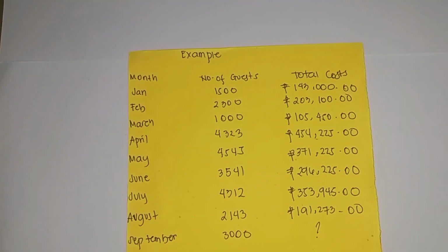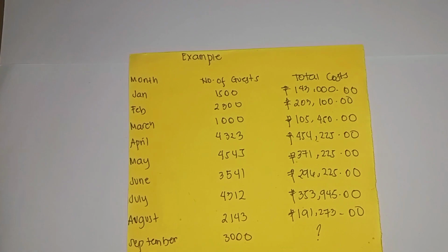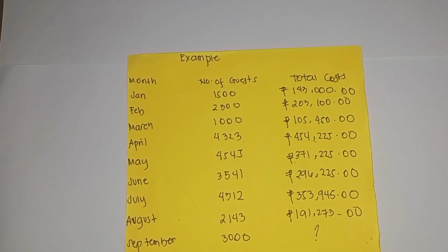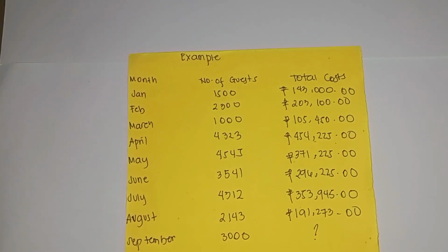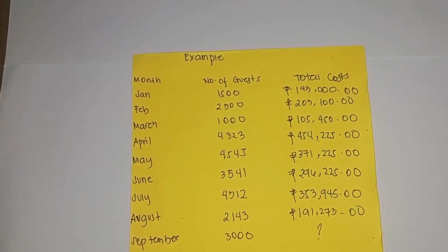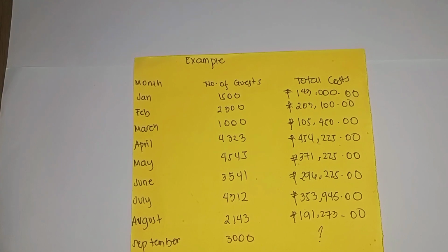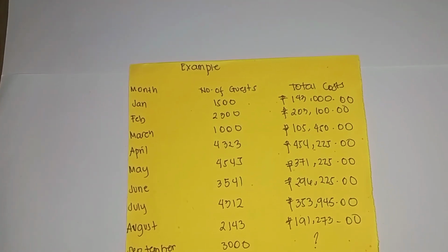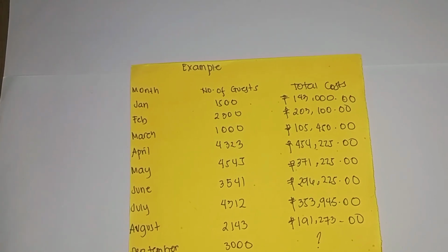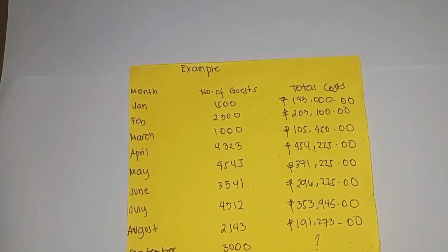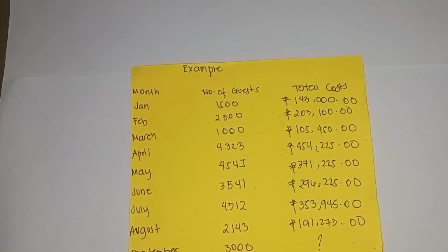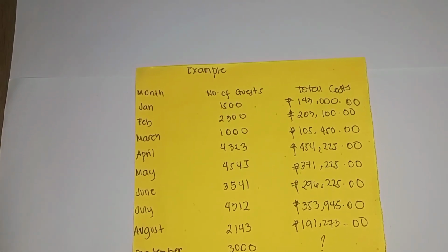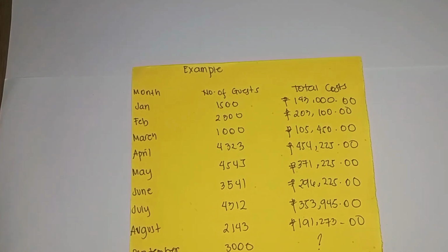From the month of March, we have 1,000 number of guests and a total cost of 105,450 pesos. And in the month of April, we have 4,323 number of guests and a total cost of 454,225. And in the month of May, we have 4,545 number of guests and a total cost of